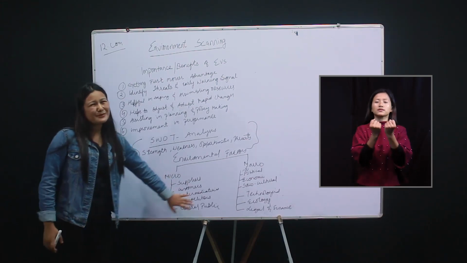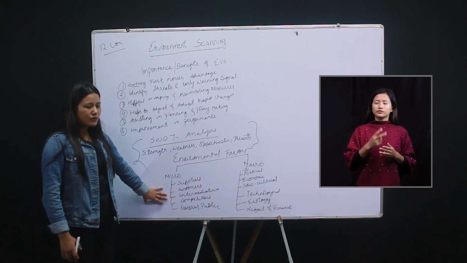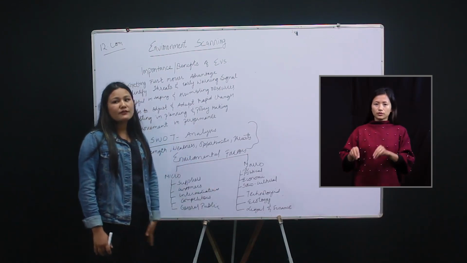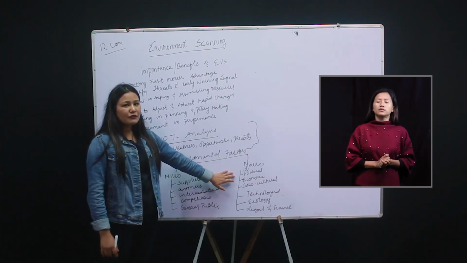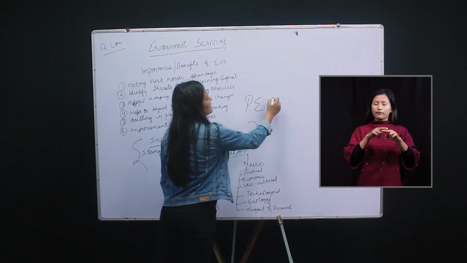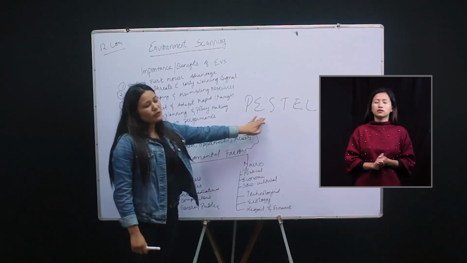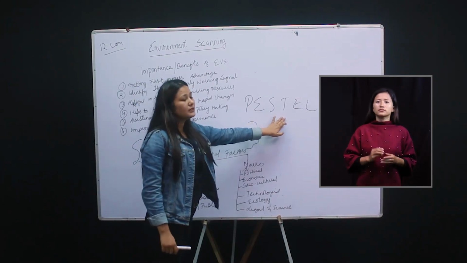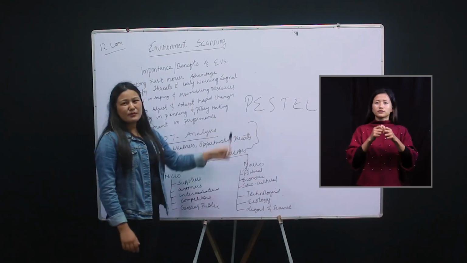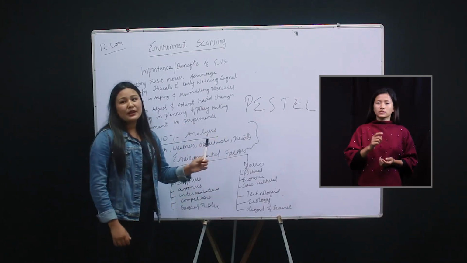So this was a quick review of the micro environmental factors, and let's move to the macro environmental factors. Here I will give you an idea how to remember the macro environmental factors. It is very easy, just remember the word PESTLE for the exam, that is political, economic, social and cultural, technological, ecological and legal factors. So it is the easiest way to remember your macro environmental factors. Let's see it one by one.